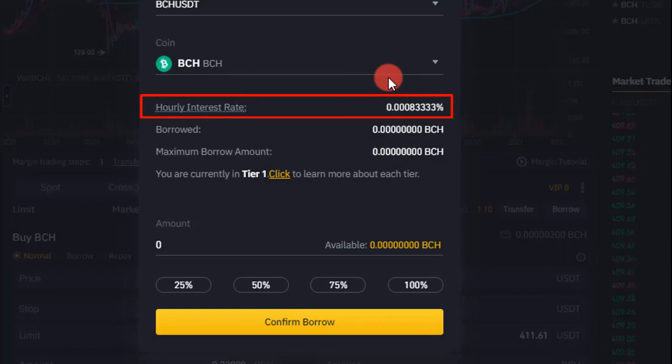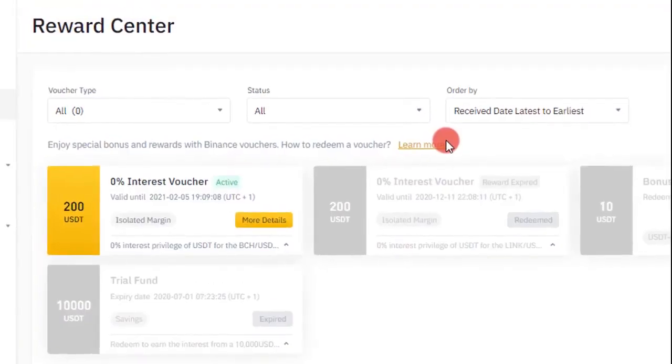And if you know how to make use of leverage, that is, you don't use it every time, but you find the right opportunity to make use of it, it's like always having somebody to borrow you money, you know, whenever you want to do business. So if you can reduce the amount of time you use leverage, maybe 4 or 5 times in a month, and you get the perfect time, you're going to be making money. Okay, so I hope I've been able to explain to you how to use the 200 USDT 0% interest voucher